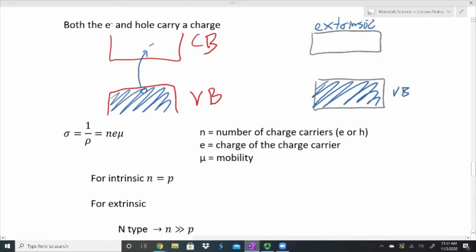And what we've done is when we add extra, so let's say this is our N-type, when I add in our phosphorus, what I've done is I've sprinkled in some extra negative charge, and they're already in the conduction band before I add any heat or do anything to promote them. I just automatically already have some negative in my conduction band. I could then promote an electron as well, leaving behind a hole,